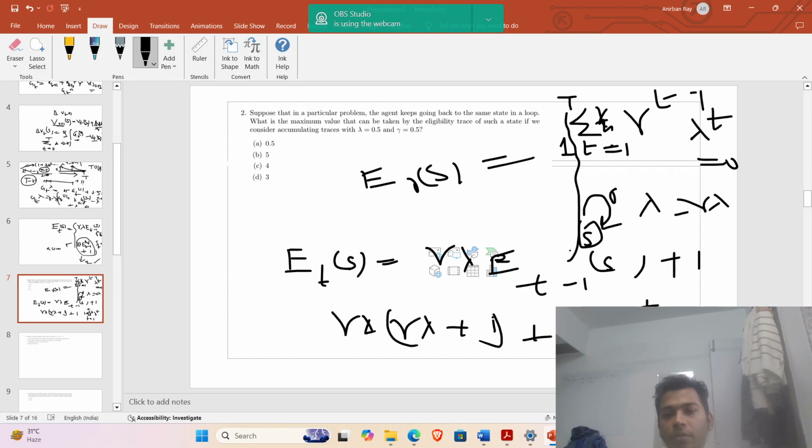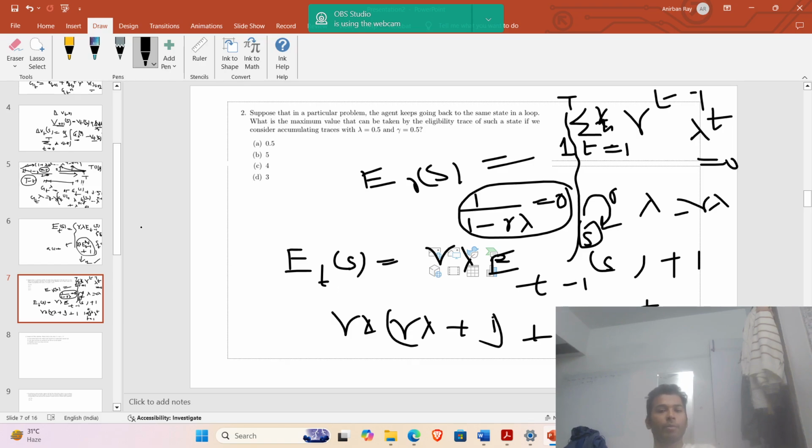So this can become 1 minus gamma lambda equals 0. This is our condition for optimality, for maximum to happen. So I have considered here